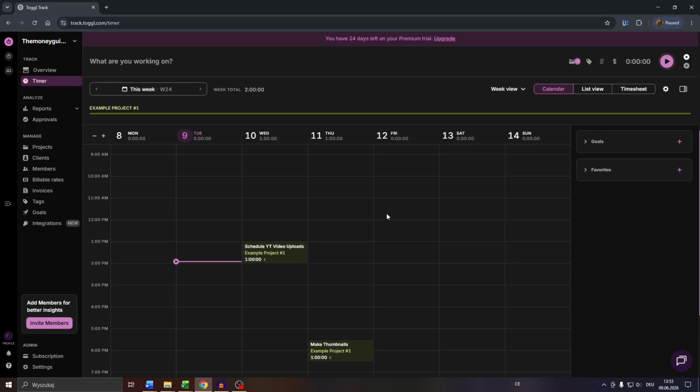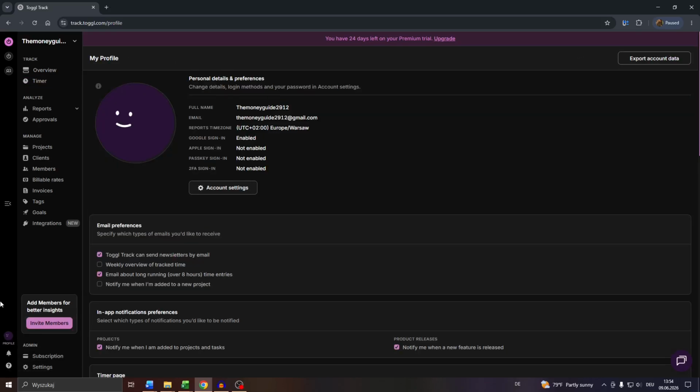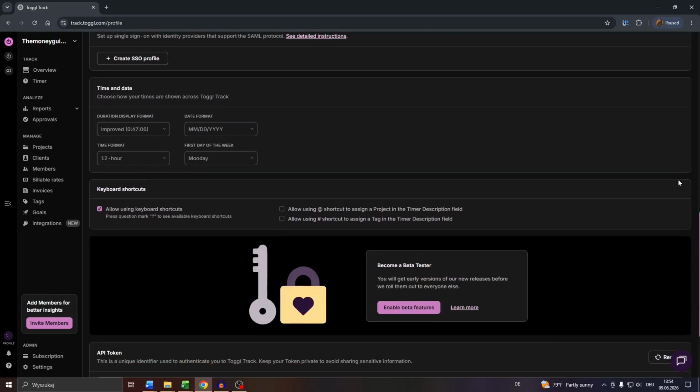So let us begin. Head over to Toggl Track, for example, via the desktop version, log into your account. And from this method, guys, you will need to access your profile settings. You will find these in the very bottom left corner by clicking into your profile icon and choose profile settings from this menu here. What you want to do after that, guys, is scroll down here to the API token